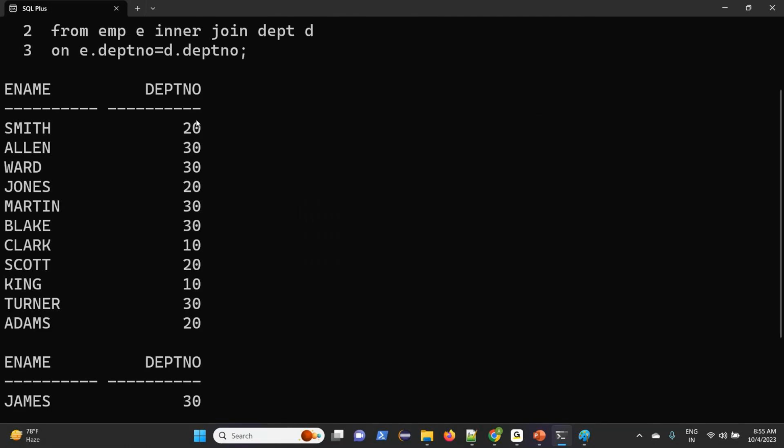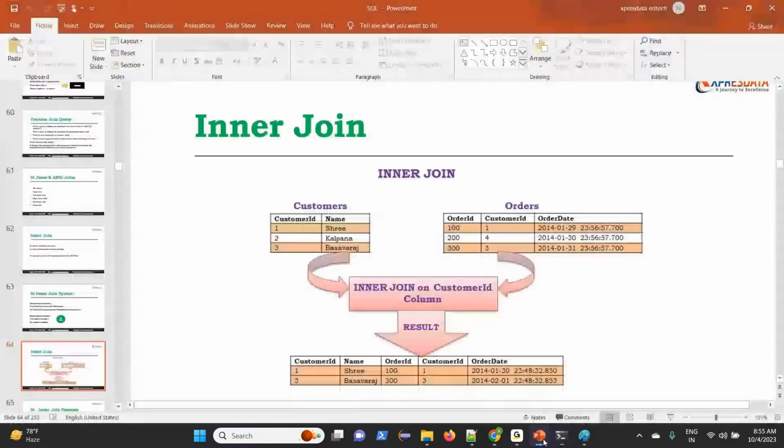Only 3. So which means, what about 10, 40, 60, 90? Not getting them, because it is going to give you matching data. It is going to give you the matching data between the tables using inner join.